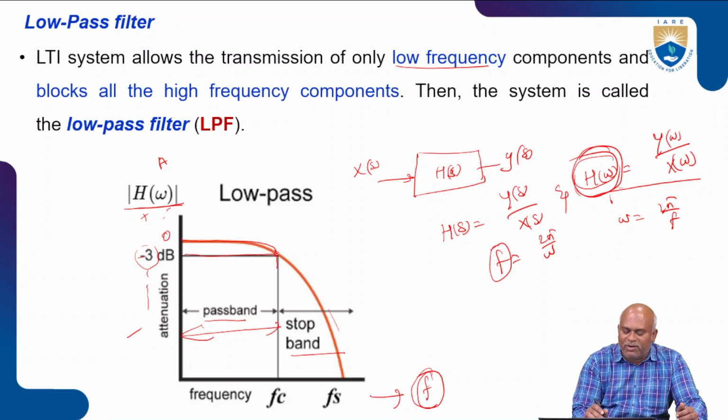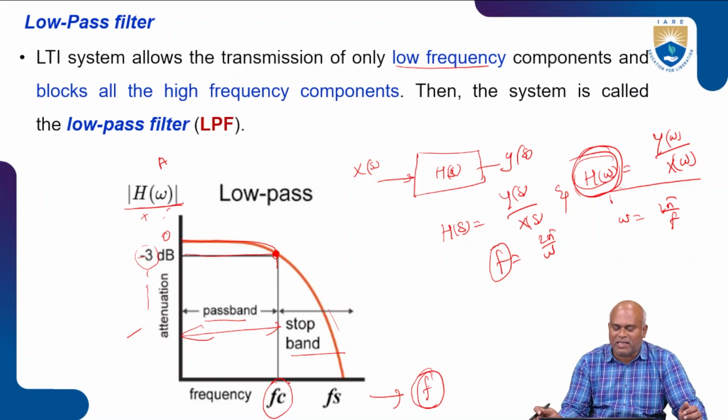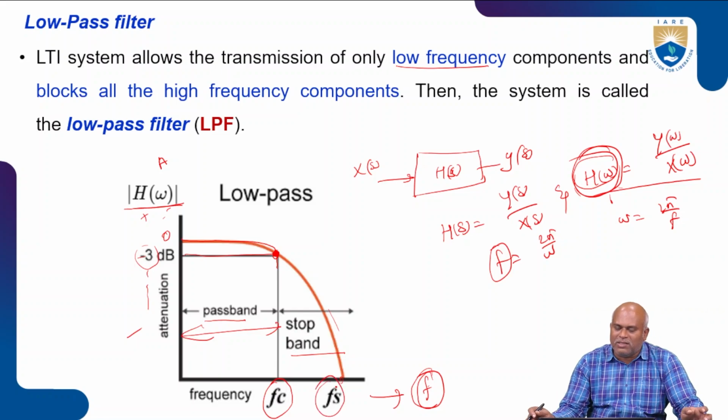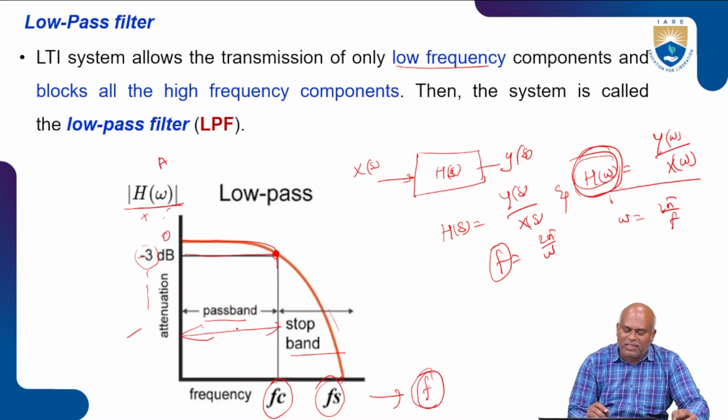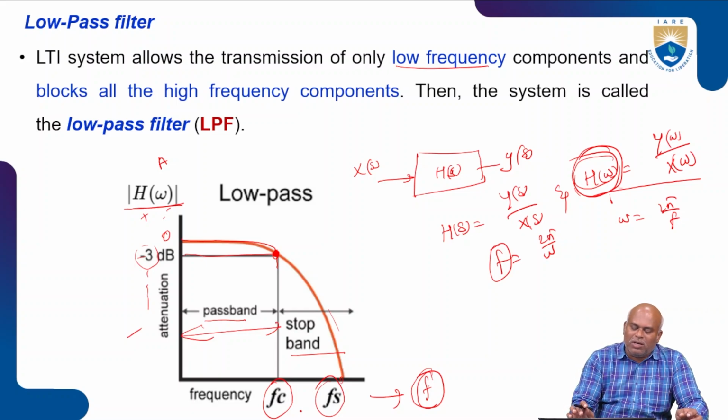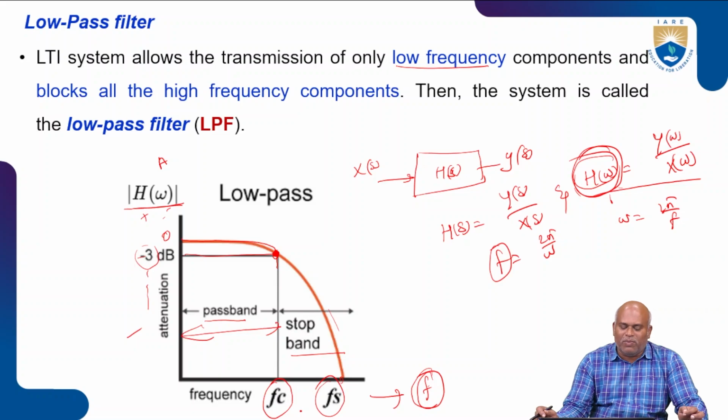Now where the minus 3 dB touches the frequency response is called f of c, represented as the conduction frequency. Beyond it, the frequency is stopped, which is the stop band. So for the low pass filter we get two kinds of bands, the pass band as well as the stop band. At the same time, we can identify where the frequency conducts and where it stops. These are the parameters we need to learn from the low pass filter.